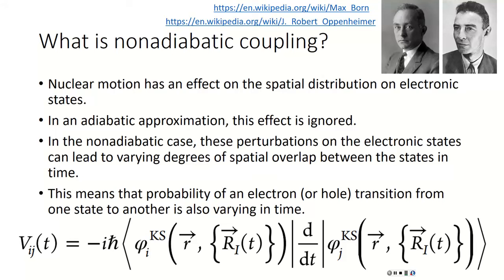Him and his advisor, Max Born, came up together with the Born-Oppenheimer approximation. This is sort of how you can find an electron in a many-body system. It's their own version of trying to solve Schrodinger's equation. So that's the first basis to computational modeling, being able to get